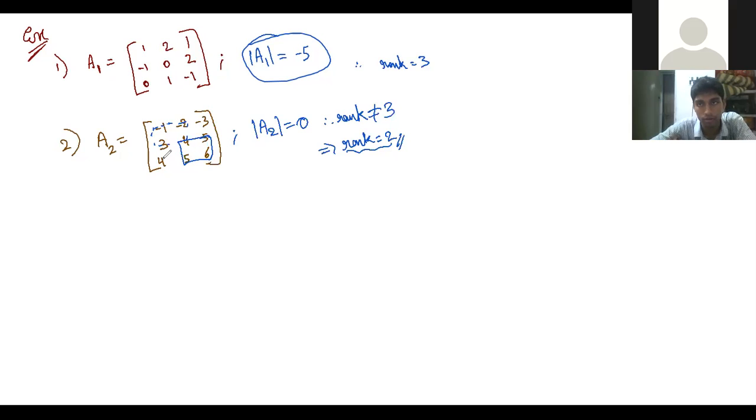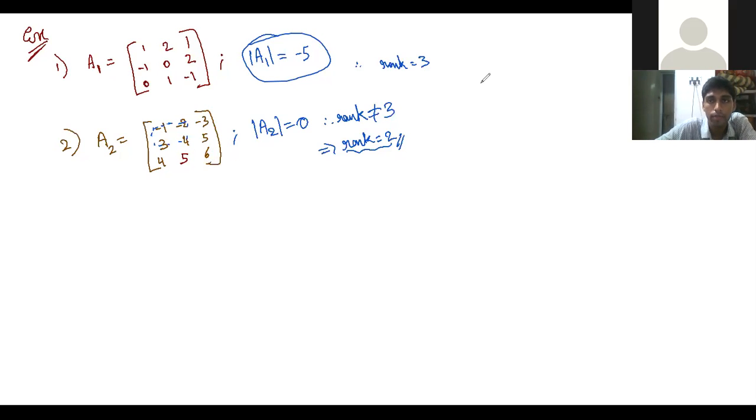Sir, what is the utility of rank of matrix? I'll tell him, but do you understand rank? Sir, one second, I have a doubt. Yes. If I take every 2 by 2 matrix and find that the determinant is 0, like if I have a really big matrix, then what am I supposed to do? I can't go on finding 2 by 2 determinants.